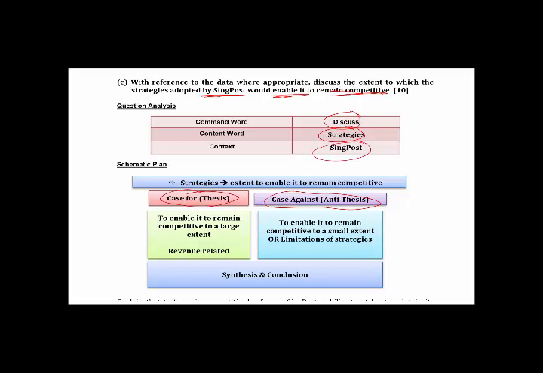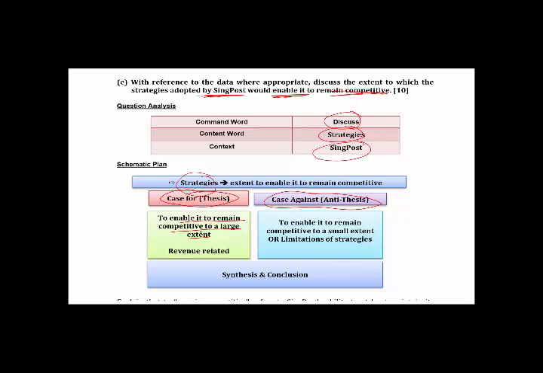So down here, we talk about the strategies, and you need to pick out the strategy. What kind of strategies have they used? You saw that they were making efforts in terms of improving productivity as well as efficiency. So elaborate more on these strategies. How have they made Singpost more competitive? How have they not really improved their competitiveness? You want to address this part here: how have the strategies adopted enabled Singpost to remain competitive?